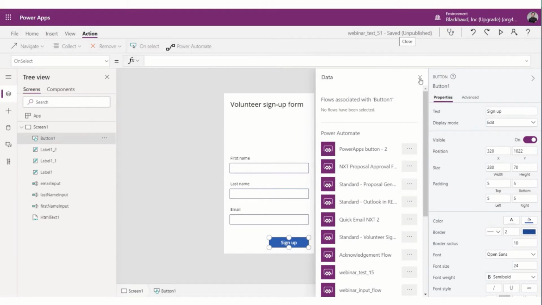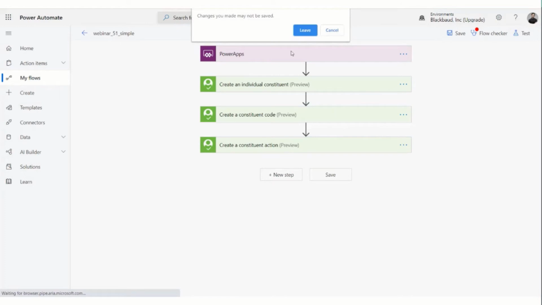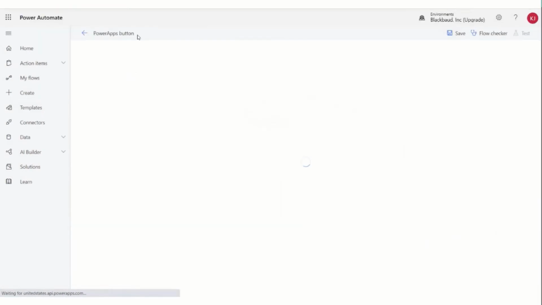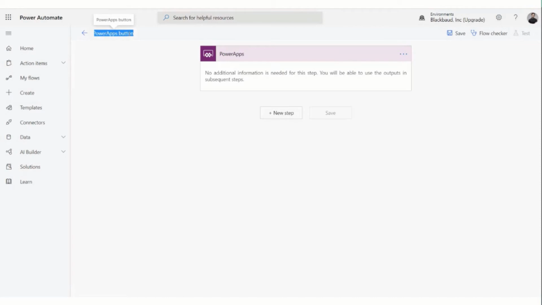You could add people to a spreadsheet for later. You could tag them with a specific custom field to go back and audit for. I'm going to do the simplest option, which is just to create a new workflow here, just to make sure that it's easy to find and I don't accidentally mess something up. So I'm going to do webinar duplicates 51. Always make sure you're naming that.